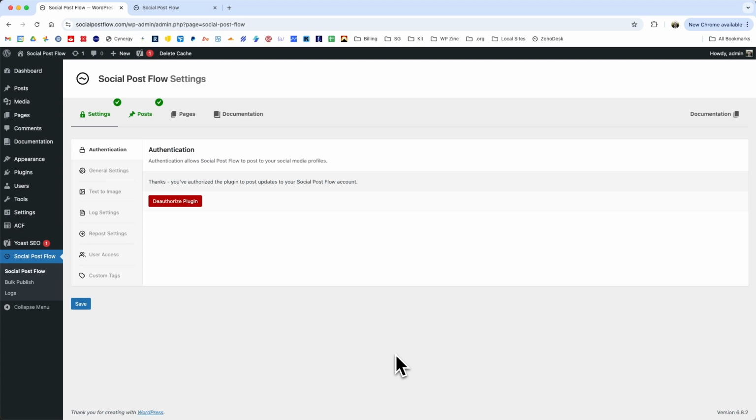In this video, we will walk through the status configuration options available in the Social Post Flow WordPress plugin. If you haven't done so already, you can connect the plugin to Social Post Flow, and we have a video that covers how to walk through that process. Once you've done that, you can click on Social Post Flow in the WordPress administration menu, and you're presented with